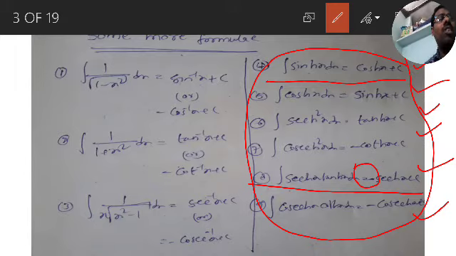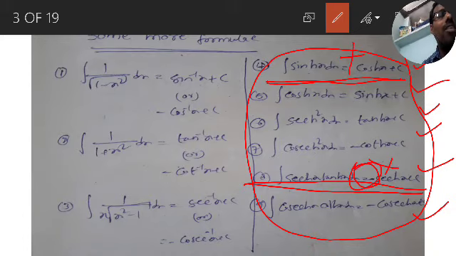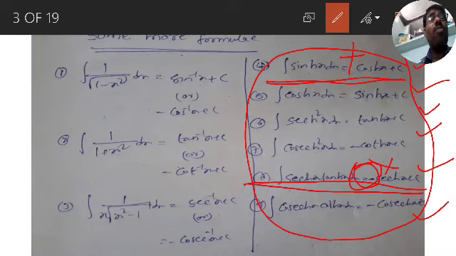Just the first and the fifth problem, this is underlined. Here there is a minus, but you are having plus here. There is a plus, now you are having minus. That is the only change, and everything is the same. So once you have those first 11, all these 6 are very, very easy for you. Are you getting? Everything is the same.